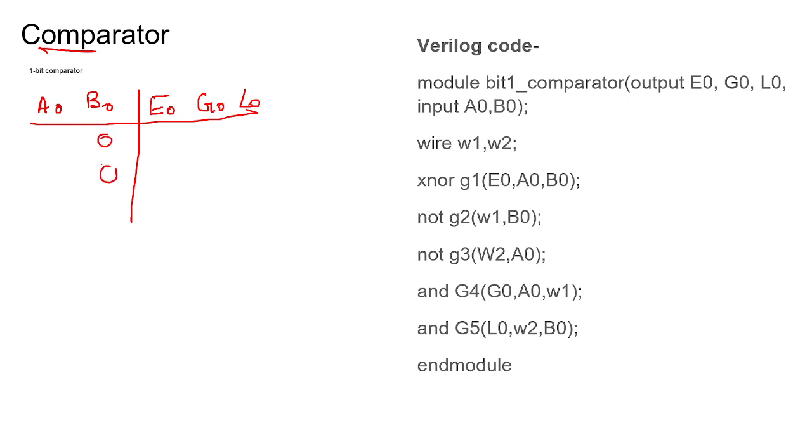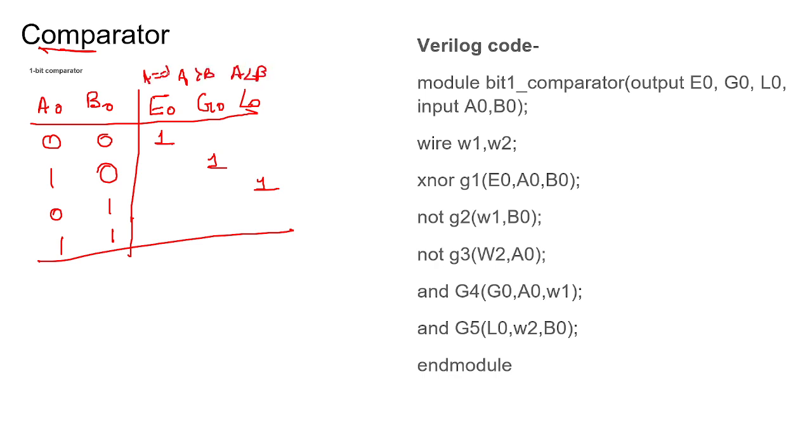So 0, 0, 1, 1, 0, 1, 0, 1. If it is 0, 0, then it is equal. Now A is greater here, B is greater here, so A is lesser. If I am trying to implement A greater than B, A less than B, and A equal to B,